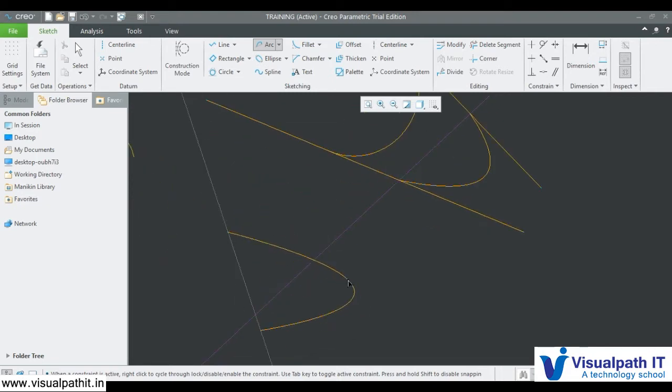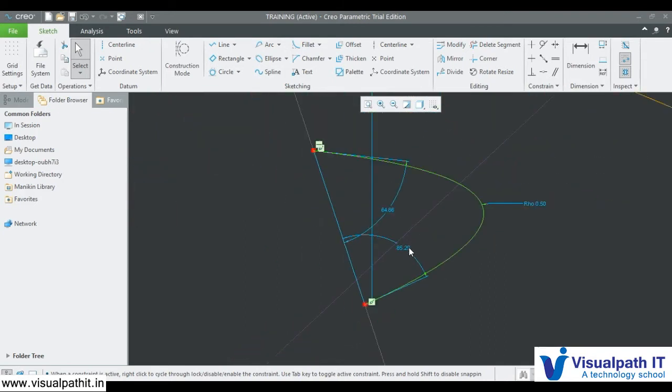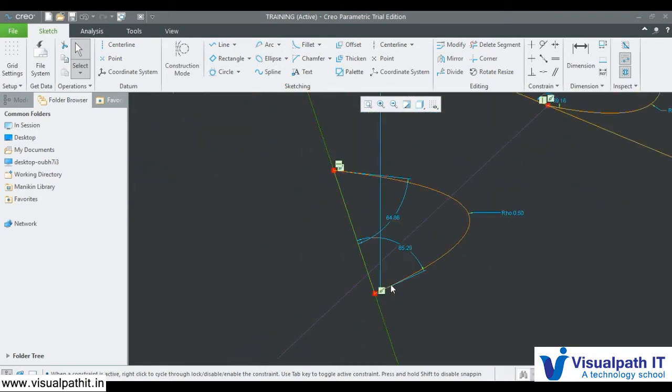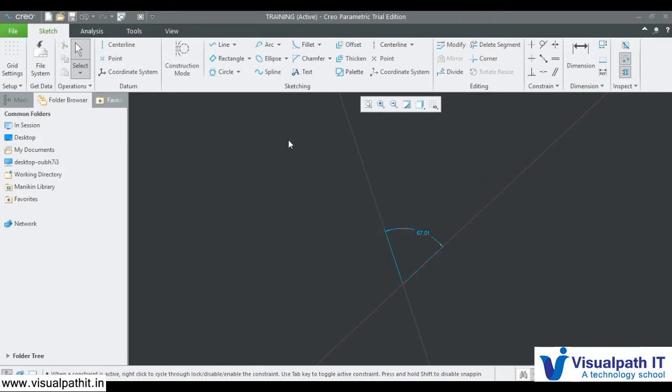Your third point, wherever you keep it, accordingly it will create a conic, a parabola or whatever curve you put. So it will not calculate a circle, it will just pass through accordingly. That is how you get it. So these are all the different options available in creating an arc.